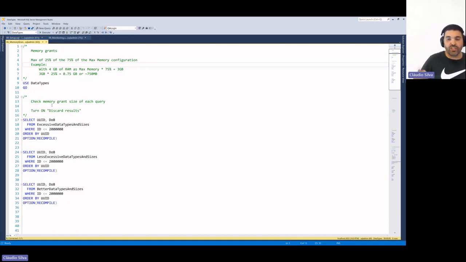and we need to have some kind of memory grant. So first of all, a memory grant is memory that SQL Server needs to start a query. And I will repeat, to start running a query. So until it can grant the memory grant value that is requested by the engine, if it cannot grant it, that query will sit with a specific wait type.